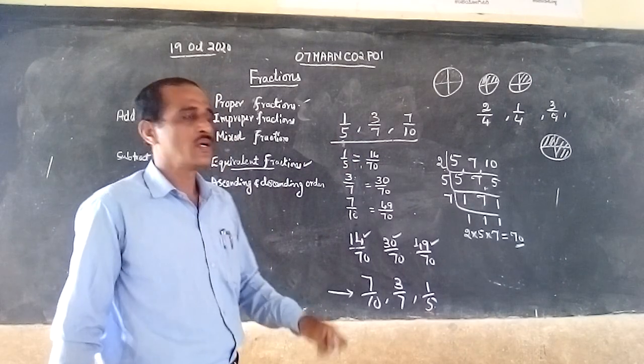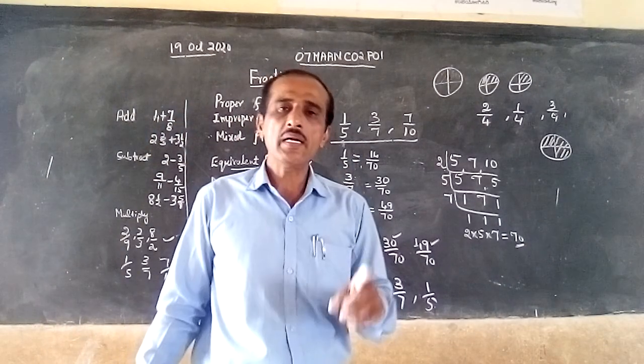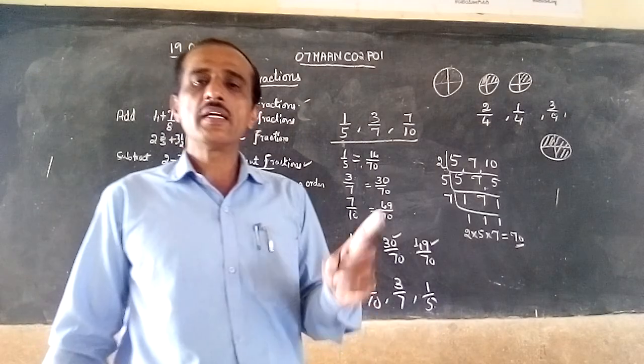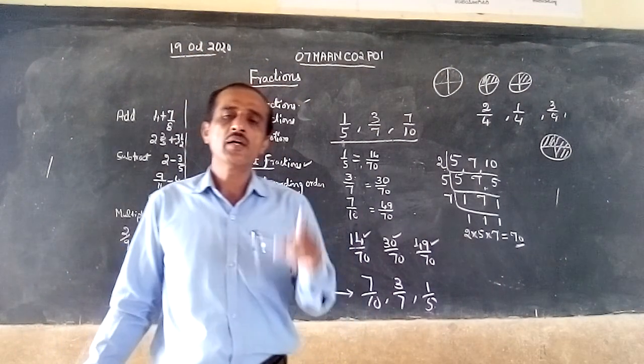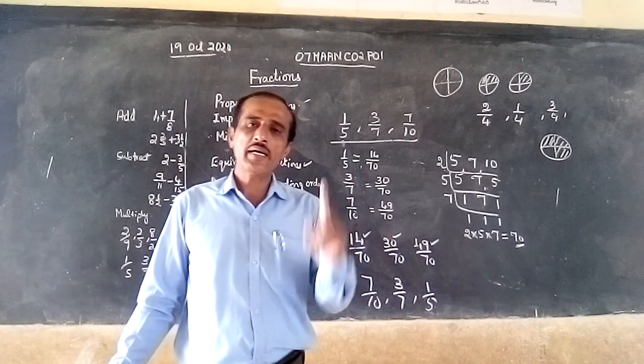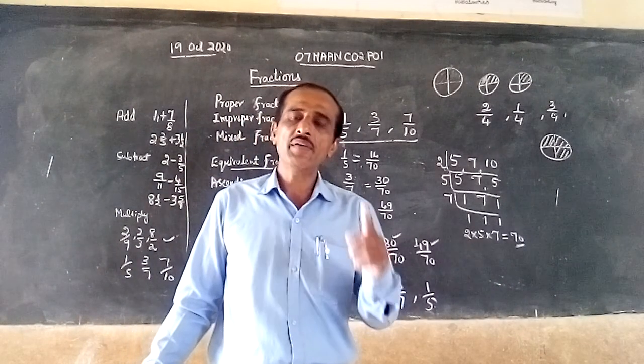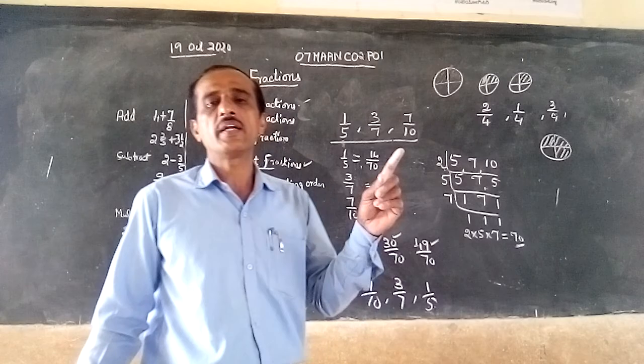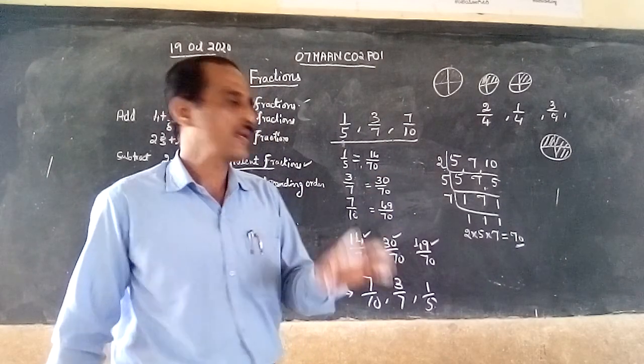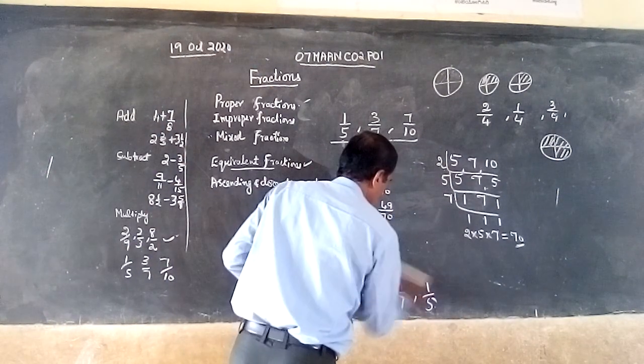So remember children, to write fractions in ascending or descending order, you have to find the equivalent fractions having the same denominators. Then you can identify which is smaller and greater. Okay, this is what you have studied. Next,